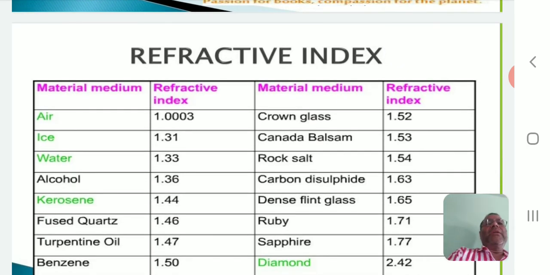Now, in addition to it, no doubt refractive index gives us an idea about how much bending is taking place in a particular medium. If we are going to compare two media, in which medium more bending will take place. But in addition to it, it also gives an idea about to what extent a medium is denser or rarer. Just now you see this table, you go through this table, as in this slide it is very clear.